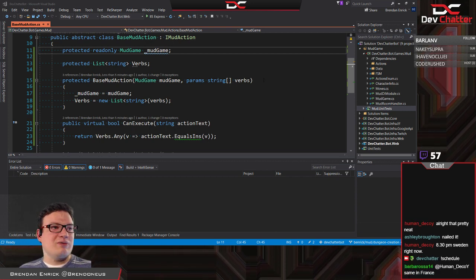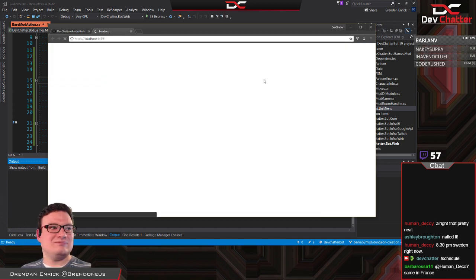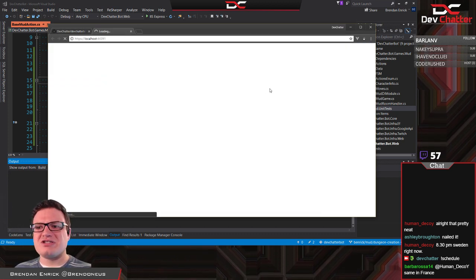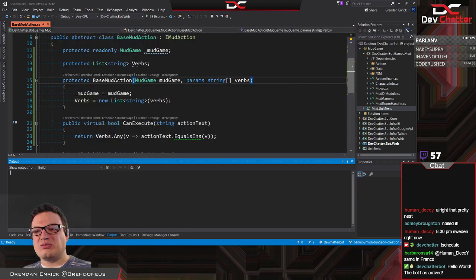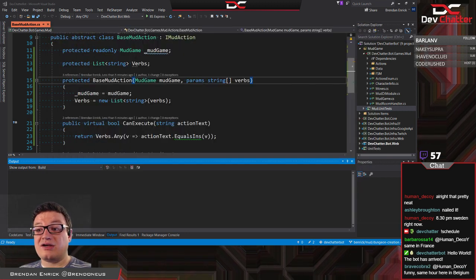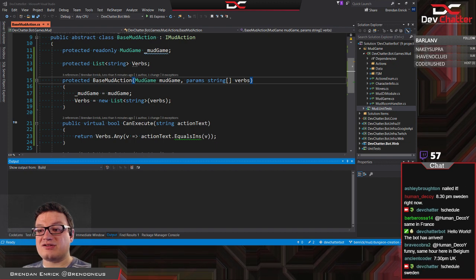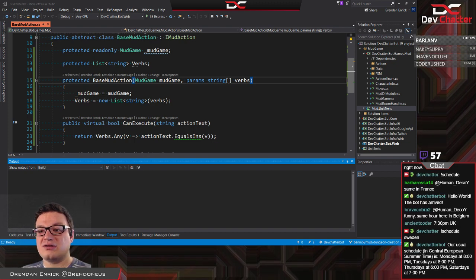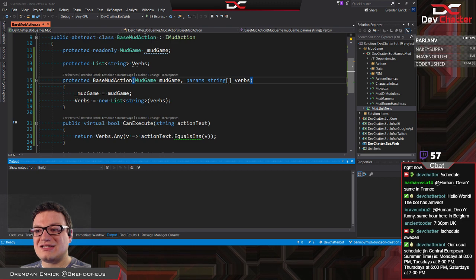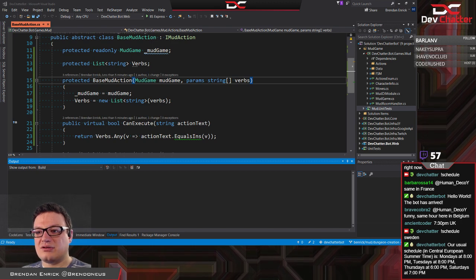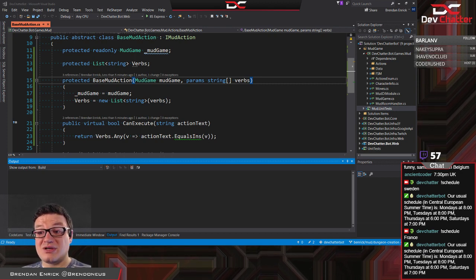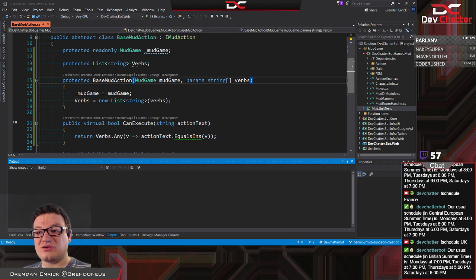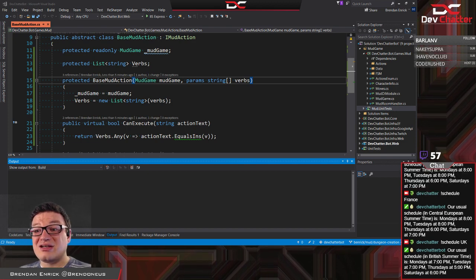And the nice thing, for anyone who is wondering, if you do want to know what our schedule is... whoops, bot's not running. Why is the bot not running? I must have compiled and not thought about it. So, bot should be running again. Okay, so we had someone say Sweden. Alright, so there's our schedule in Sweden. Someone said France, I think? There's our schedule for France. They should be the same because they're both Central European summertime. Someone's in the UK. Schedule UK. There we go. There's British summertime for you.